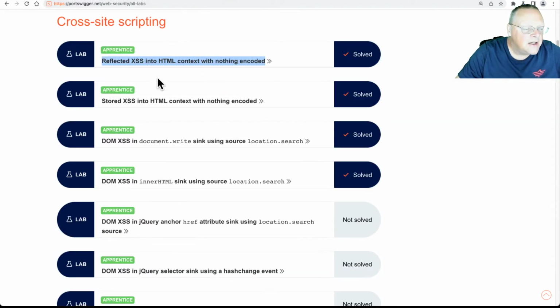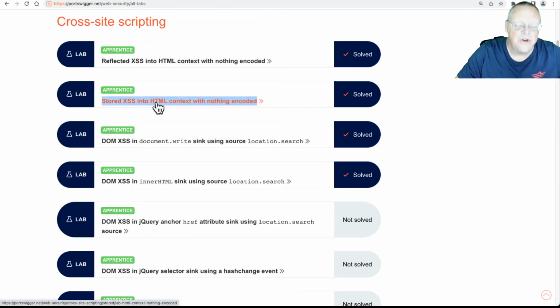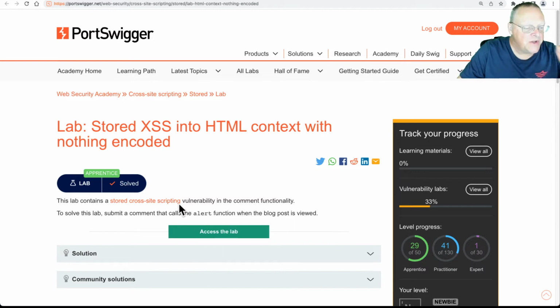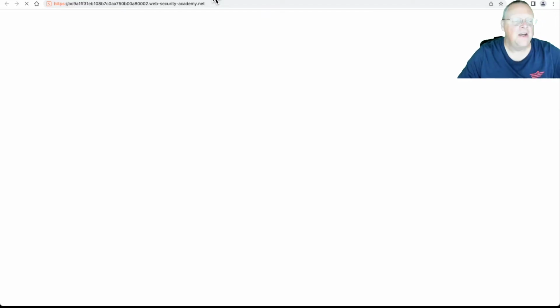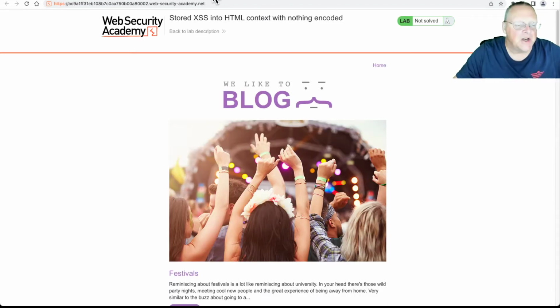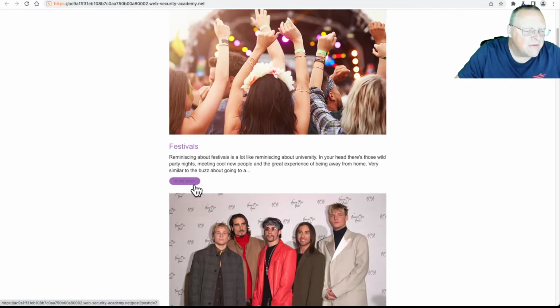All right. If we look at the next one, this is stored XSS. That was reflected XSS, where you put in the data and it just bounces right back to you. This is stored XSS, and this time it's going to be in the comment functionality. So I go here. It's spinning up my container, I think. Okay, so now I've got a blog, and if I view a post,